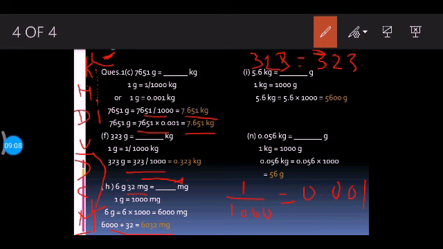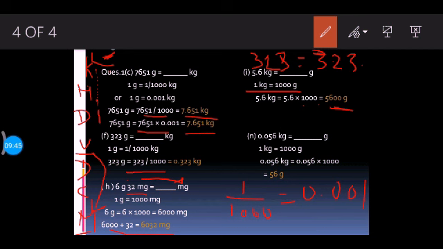Here next part is 5.6 kg into grams. From kg to grams you have to move. That means from bigger to smaller unit. Again multiplication should be there, and you are moving 3 times downwards. That means you have to multiply by 1000. So 5.6 multiply by 1000. Whenever you multiply with 10, 100, 1000, what you do? You just shift the decimal point to the right side as many times as there are number of zeros. So here are 3 zeros. So you shift this decimal point 3 times to the right side. Your answer will be